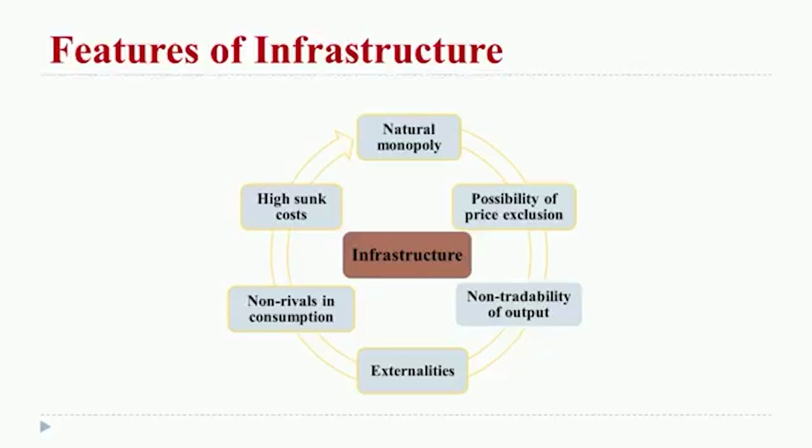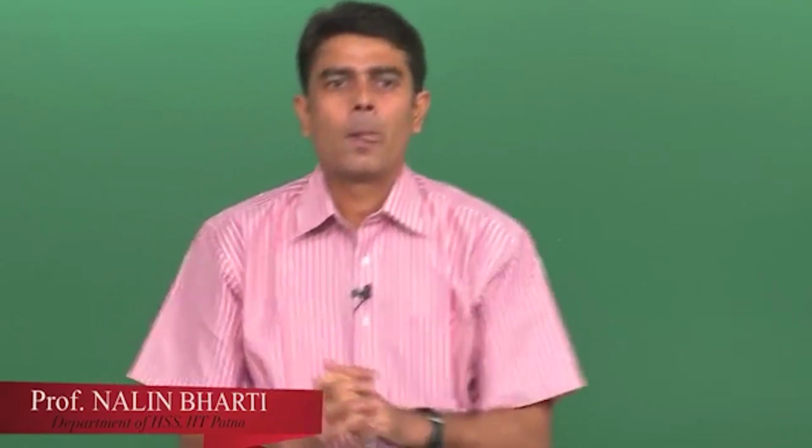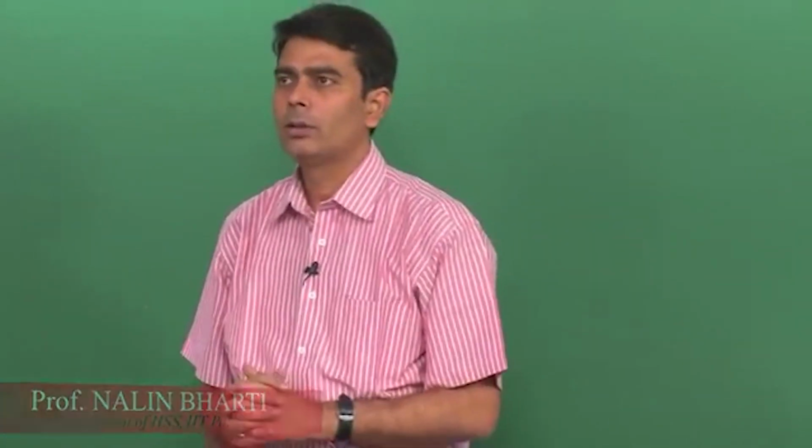We are going to discuss what are the major features of infrastructure. First of all, as shown in this diagram, you can see here major features are the natural monopoly, possibility of price exclusion, non-tradability of output, externalities, non-rival in consumption, and high sunk cost. So, one by one we are going to discuss these points,